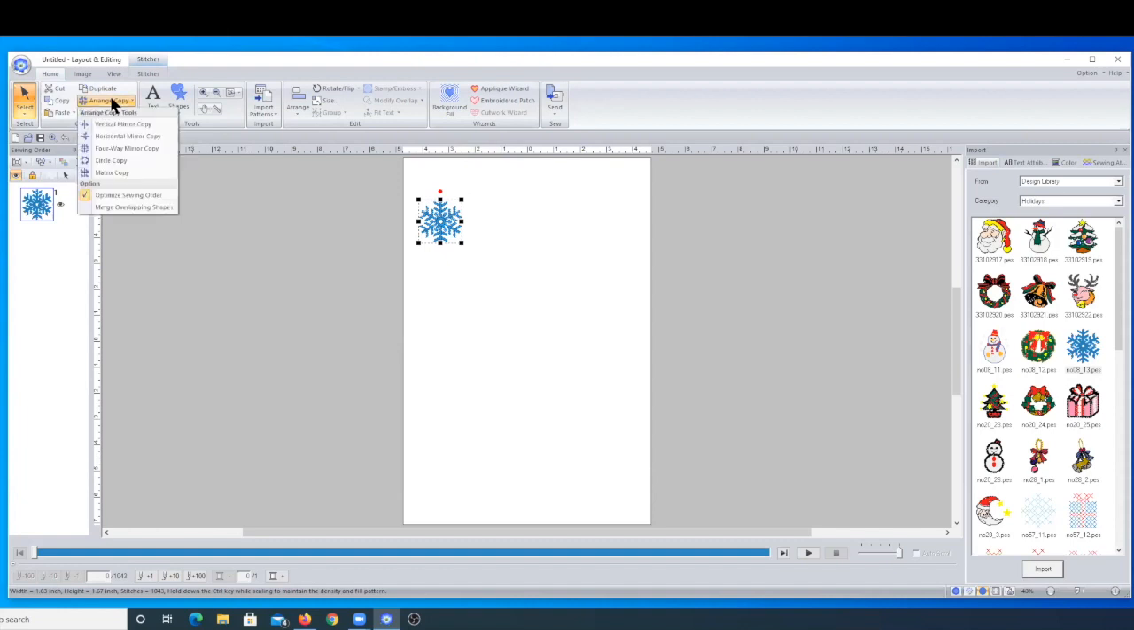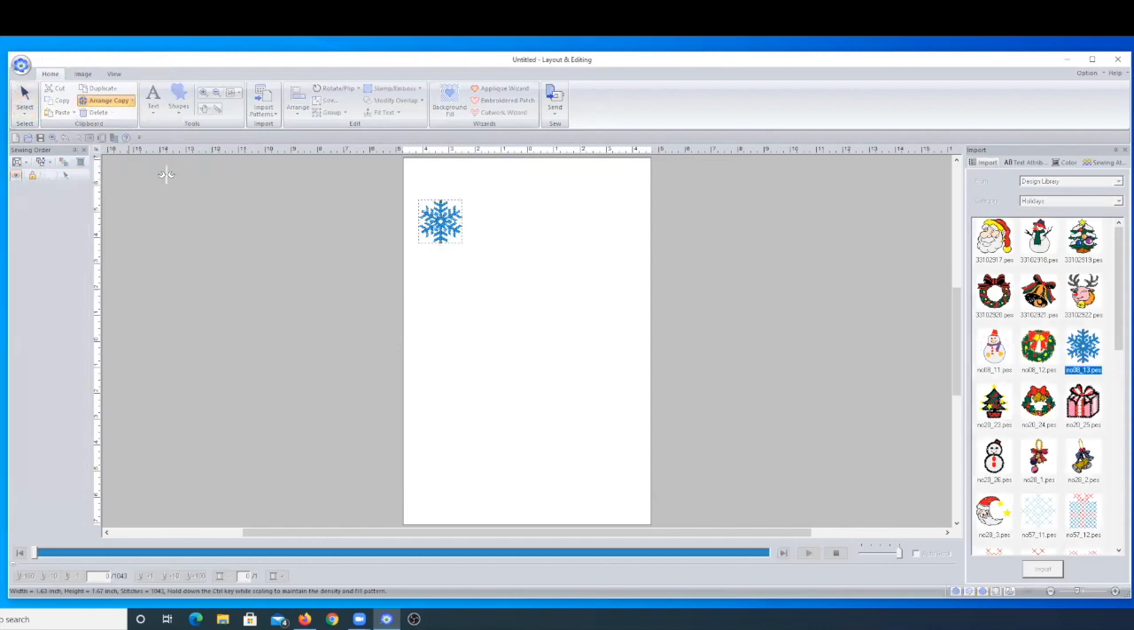If we click on Arrange Copy, check this out. A vertical mirror creates vertical mirror copies of selected patterns. I'm going to go through each one of these. So the vertical mirror copy, for instance. Before I go over there, I now have my cursor turned into this mirrored copy where it's side by side. When I bring it over here,